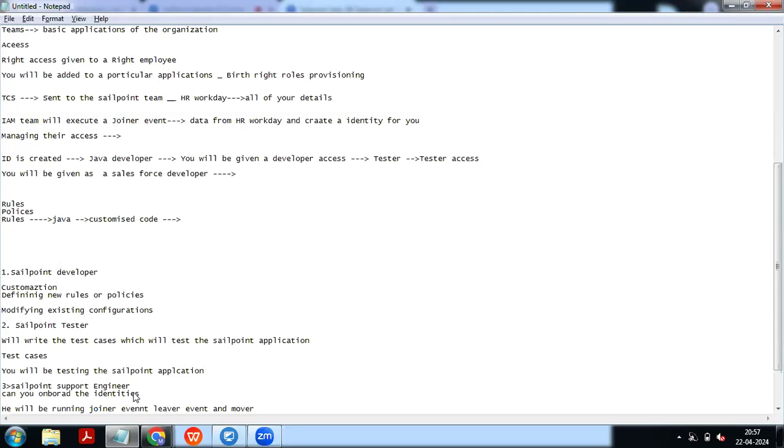The thing is, it is what the IT desk support does in the organization for providing your joining access. Correct. So that is also a kind of role. It's the SailPoint admin role.